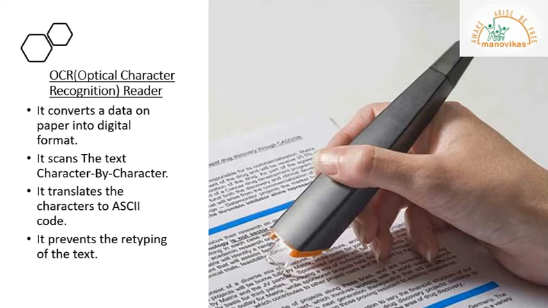An OCR reader, that is optical character recognition reader, is a device that scans or goes through the text character by character. It analyzes the scanned character, recognizes it and produces the electronic or digital copy, just like a scanner. It is widely used to convert books or documents into electronic files and to computerize a record-keeping system in an office.